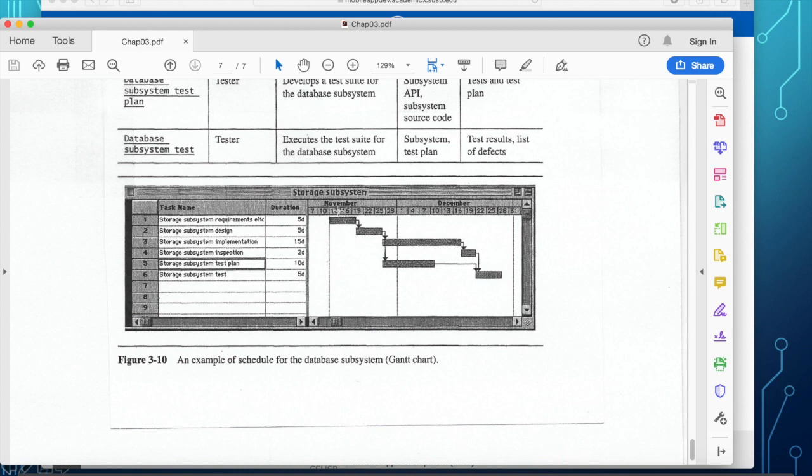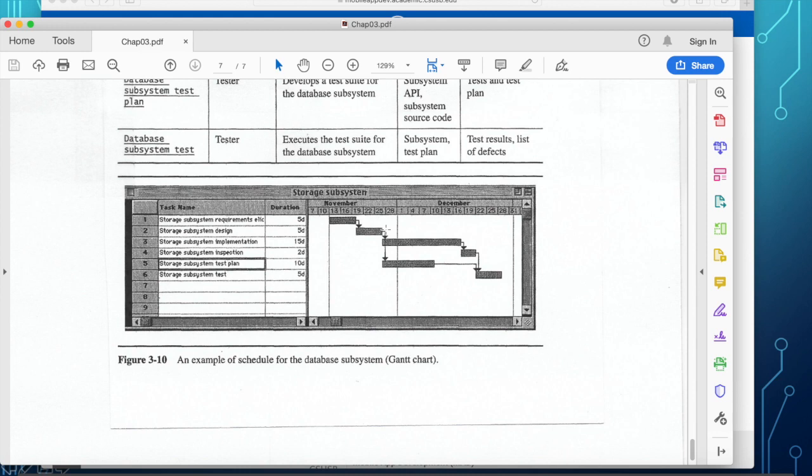And let's say you start your project, your calendar date here is November, and you started on the 13th of November, and that task, that 5 days of storage subsystem requirements elicitation, takes you to the 19th of November to finish. Afterwards, the subsystem design begins, and that takes you also 5 days, finishing on the 25th of November.